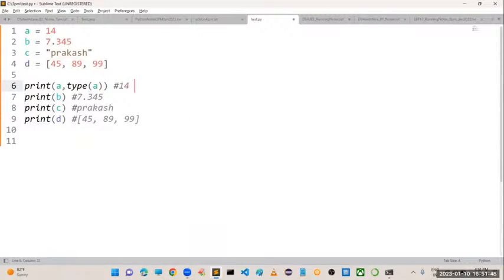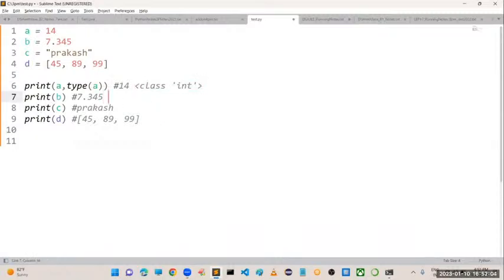A value is 14 and it belongs to type class integer. Remember these words. Class, all these things we will discuss in detail in our object oriented programming, but it is of type integer because A's content is 14.